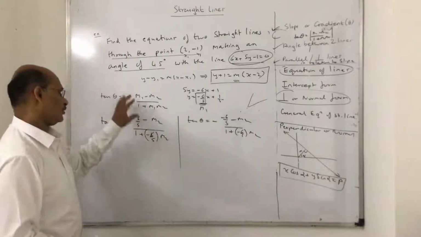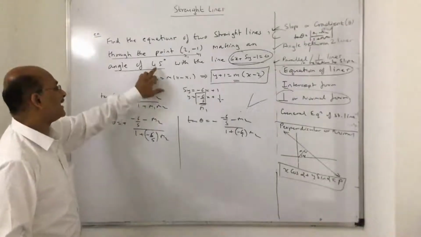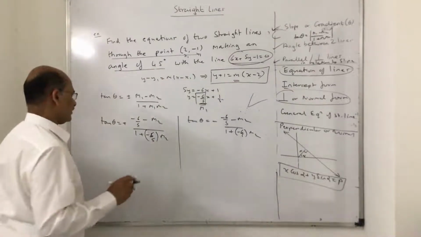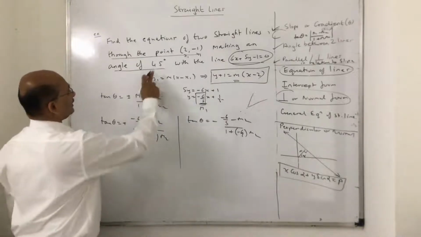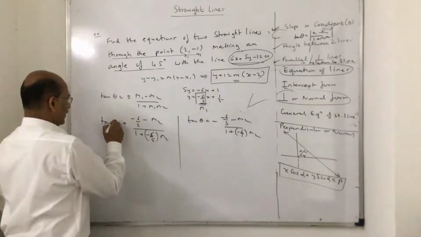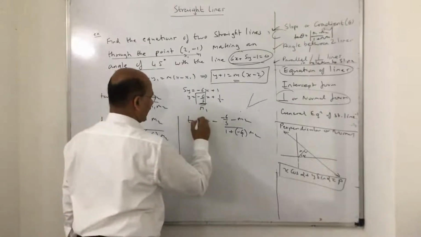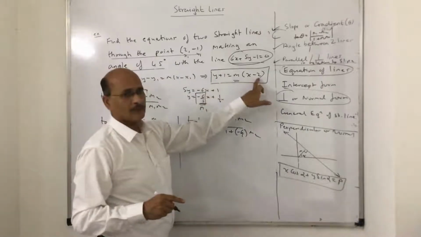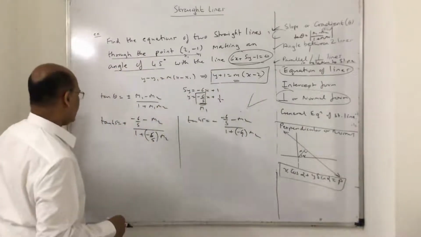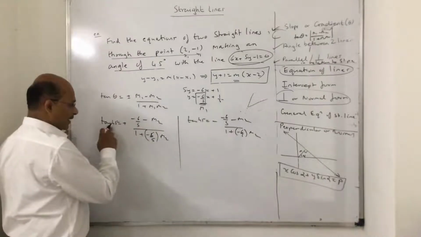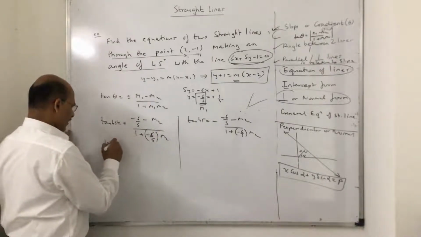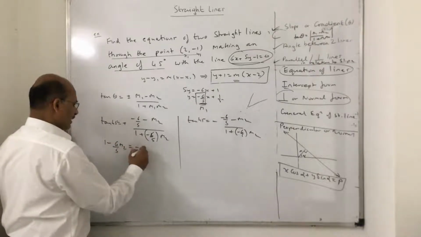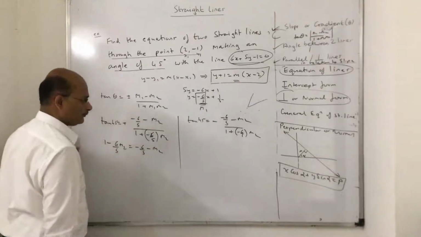Because you get two slopes, as you are using the complete angle formula. Why are you using this? Because the angle is given to you, as I specified when I take an angle between the lines. So let us see this part clearly. If I want to work out tan theta, this theta will be replaced by 45, because we need the slope also, right? Without slope, the line cannot be formed. Tan 45 is 1. So what happens now? This will become 1 minus, if I cross multiply, 1 minus 6 by 5 m2 is equal to minus 6 by 5 minus m2.